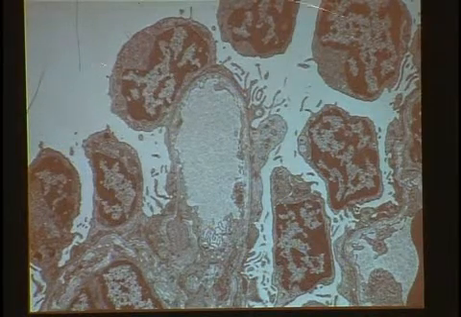And here you have such an example in which the podocytes have lost completely the interdigitations. You also notice there are numerous nuclei here, that these cells